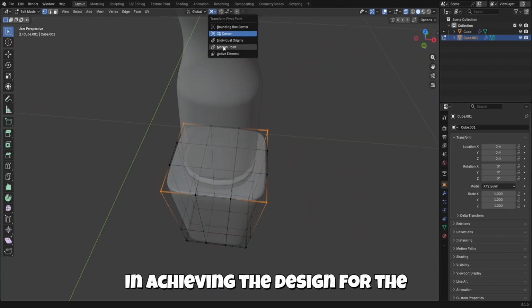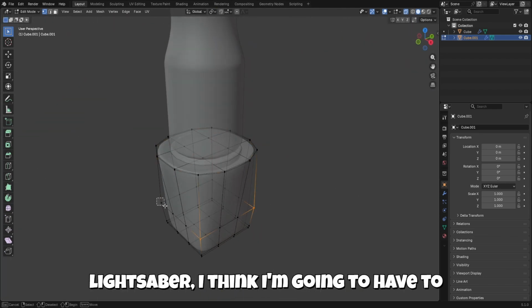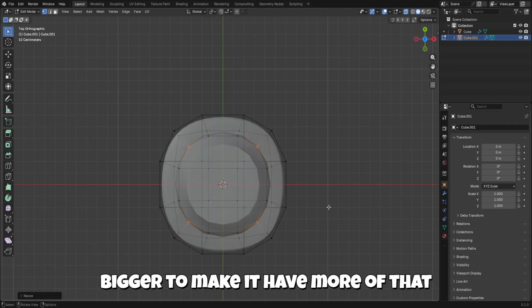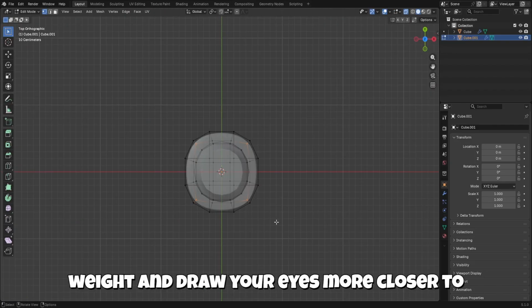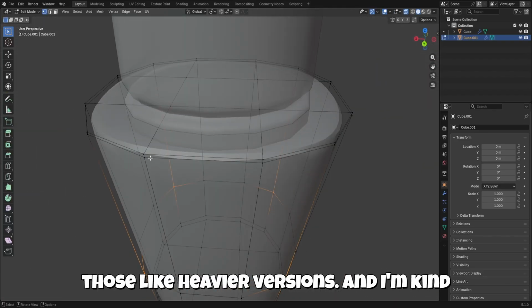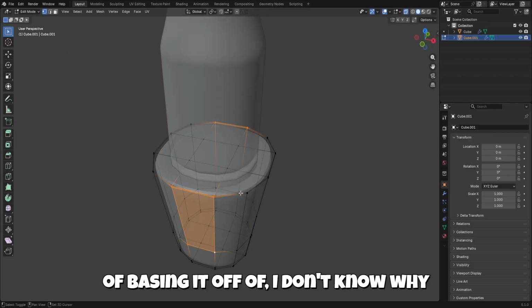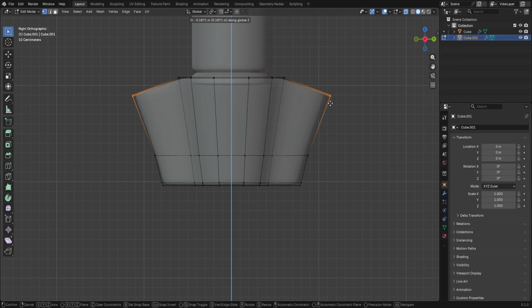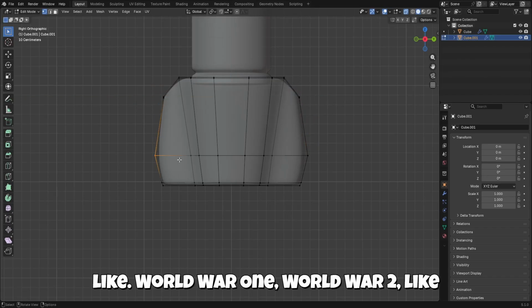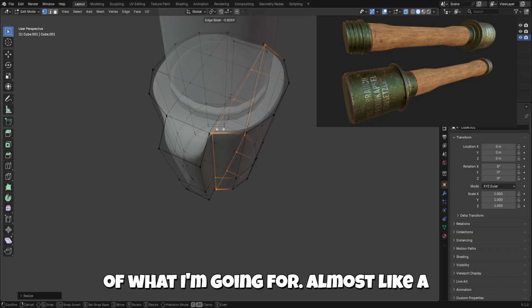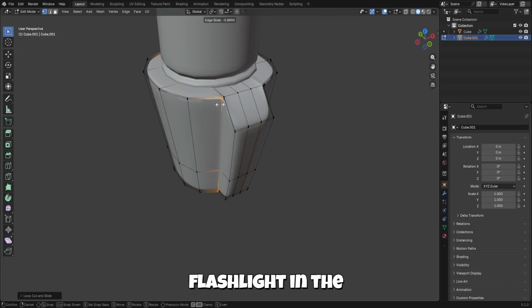In achieving the design, I think I'm gonna have to make the top and bottom portions bigger to give it more of that weight and draw your eyes closer to those heavier parts. And I'm basing it off of, I don't know why this came in my head, old World War One, World War Two grenades where you had to pull it and throw it like sticks. That's kind of what I'm going for, almost like a flashlight.